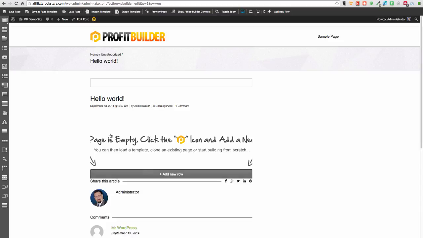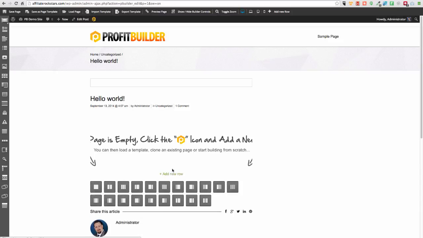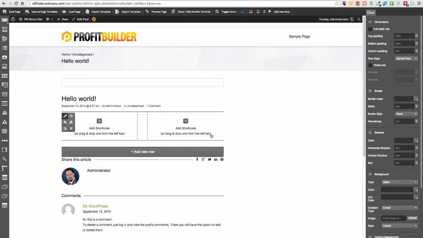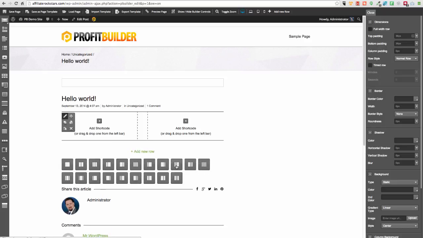So for example, here's my Hello World, and I can start building up, and I can literally enhance any post on my website. Now I've got no sidebar here. Again, we're going to cover all the setup of different sidebars and some of the more detailed blog elements, so you can literally build absolutely anything you like, in the authority blog video. But I just want to show you that you can just jump into anything from the front end